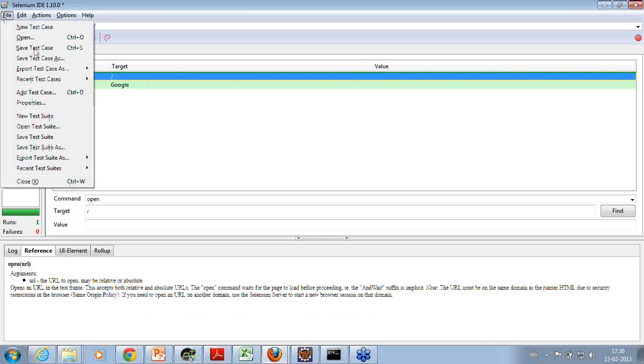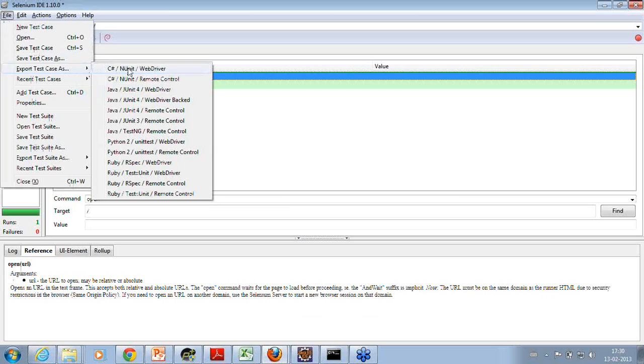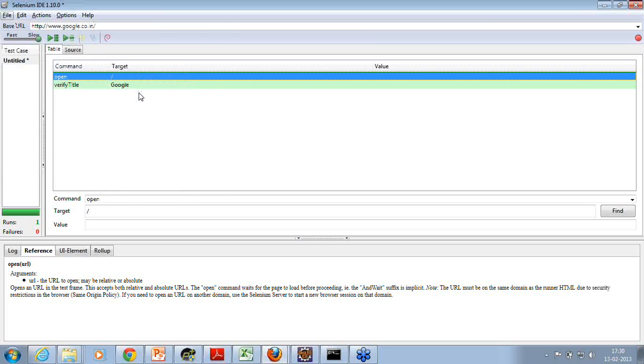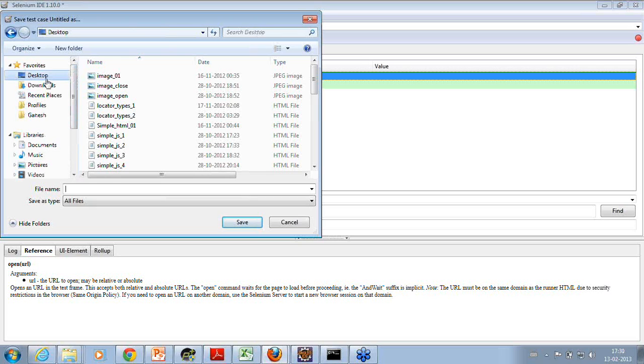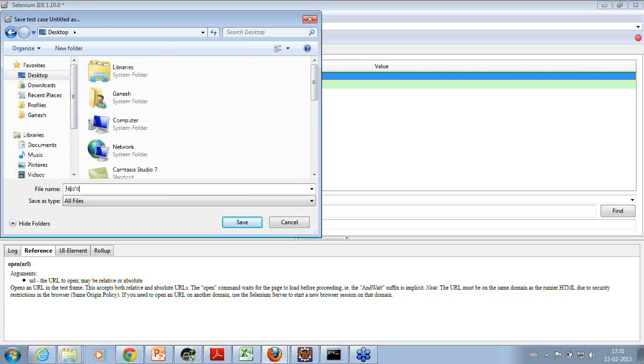And you can export these test cases in various test frameworks like JUnit, TestNG, and NUnit, and various languages. So if I were to export it as JUnit 4, let's say, let me do it on my desktop, say test 001, and save this.